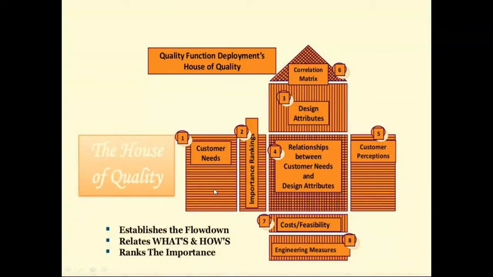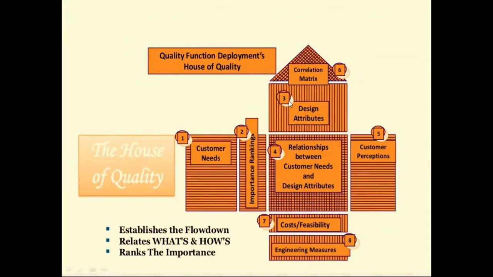One by one, you will be writing down the needs, and then these needs will be distributed in the form of questionnaires to the customers, who will be ranking them, and by using the weighted moving average, we can understand the importance of ranking, and that is written down by the side of the customer needs against each of the needs. Next, you have to develop the technical requirements. This is known as the third step, where how these customer needs can be accomplished will be written over here.